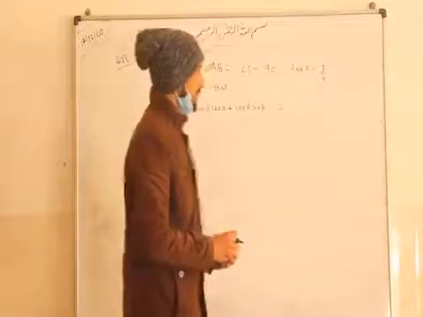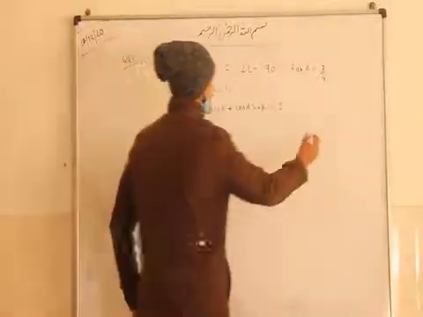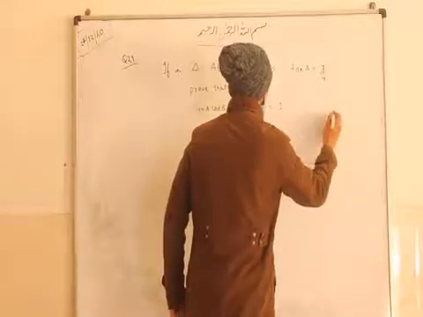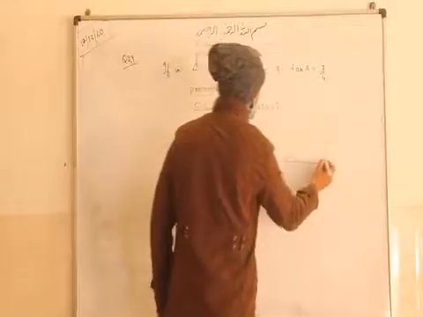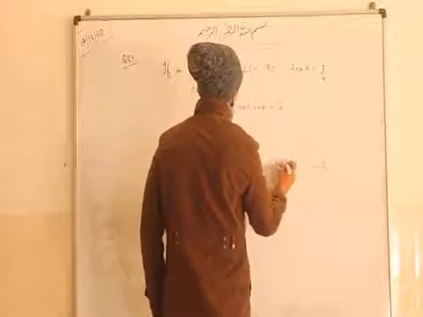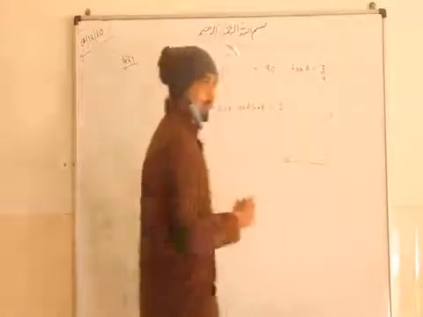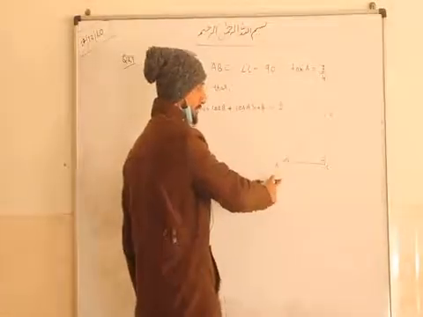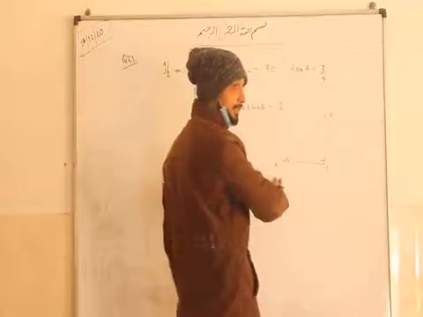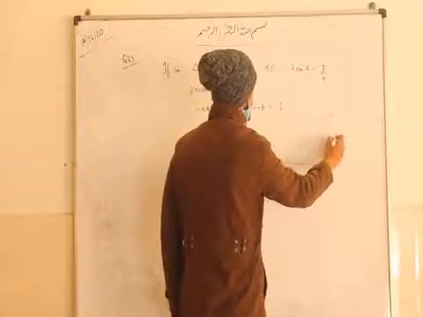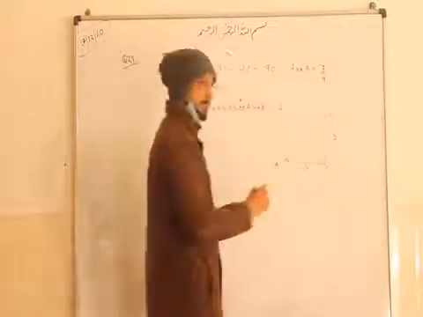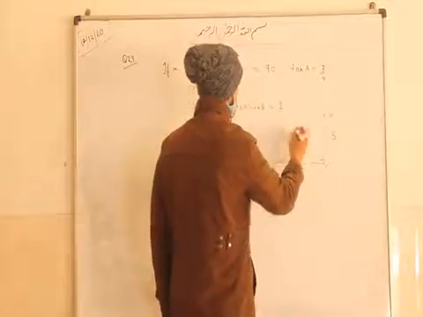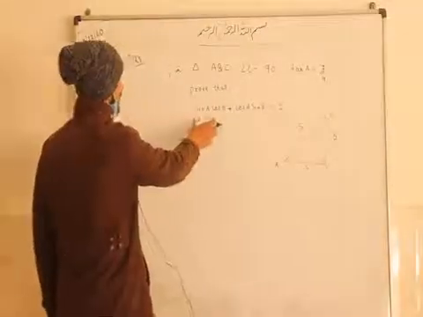Fine. So first you draw a right triangle ABC, with the right angle at C. So we will take this C, take any point A, and this is B. Tan A is given, tan A is 3 by 4. According to this, tan A is P by B, right? So perpendicular is 3 and base is 4. You can find the hypotenuse. What will it be? 5. So this is a simple one. Now you have to put these values only.